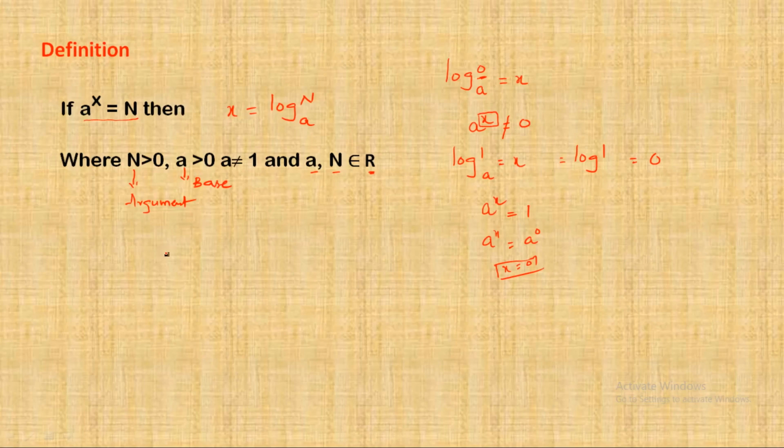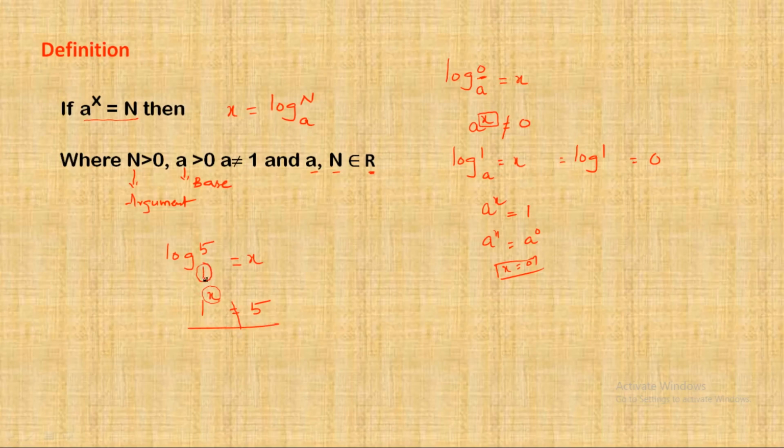What happens if base is equal to 1? If I take log 5 to the base 1, I need to find the value of this one. I assume it as x, then converting it into exponential form, 1 power x is equal to 5. So you see the validity of this equation. Whatever number we write in place of x will always become 1, because 1 power anything is always 1. So this equation is not valid. That's why in case of base we don't take 1.